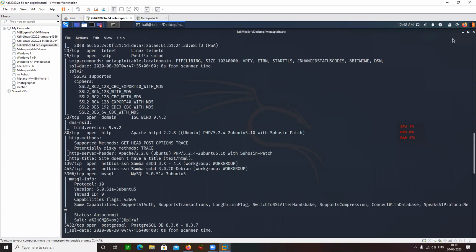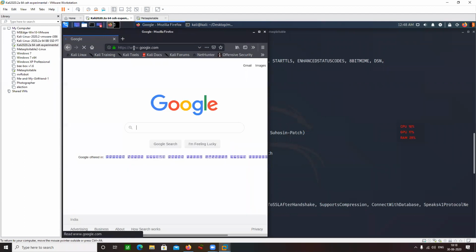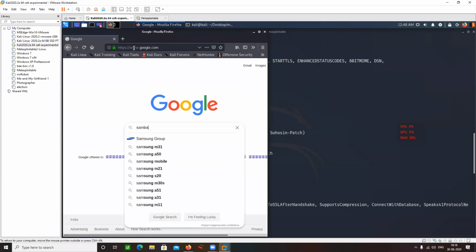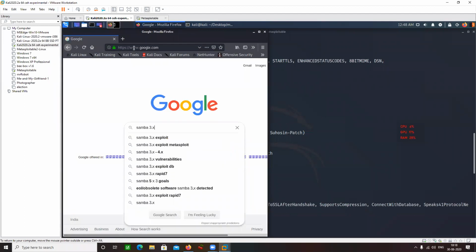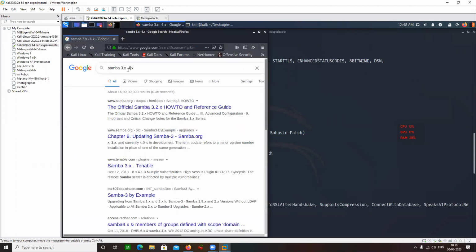So what I'm going to do is look for exploits specific to this version, Samba 3.x 4.x.